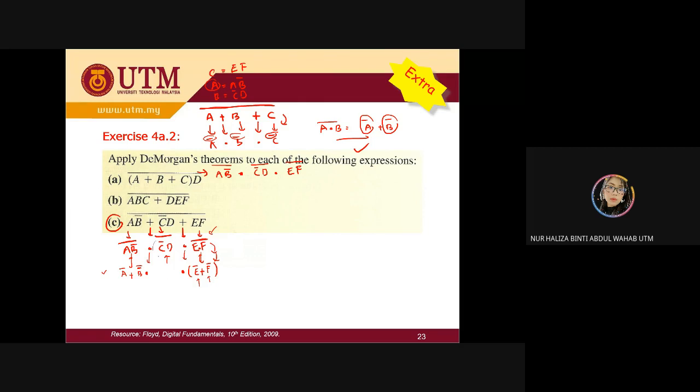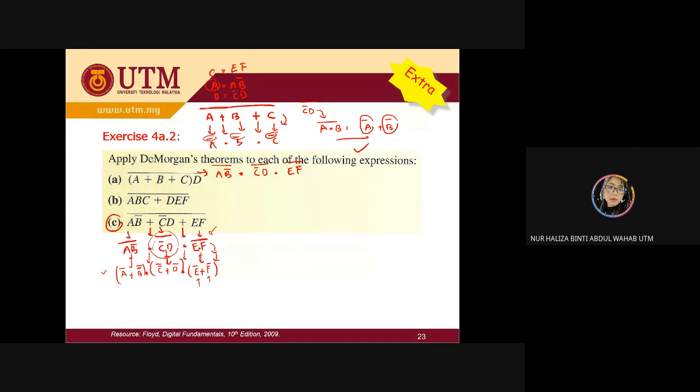Now I'm going to settle this part. I have C bar, D bar, which is similar to this one. I'm going to bring it to be positive. And my D will be D bar, my C bar will be C. Simple and easy. So my final answer will be,